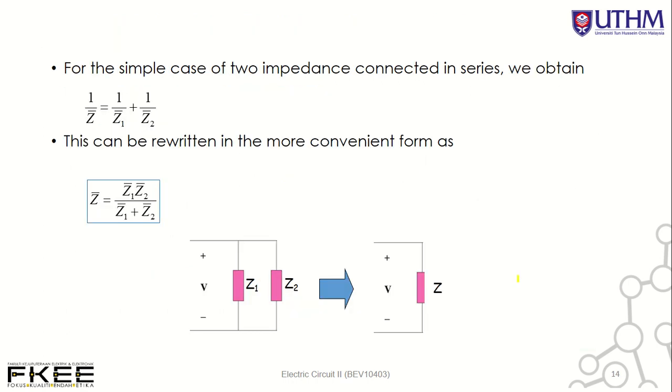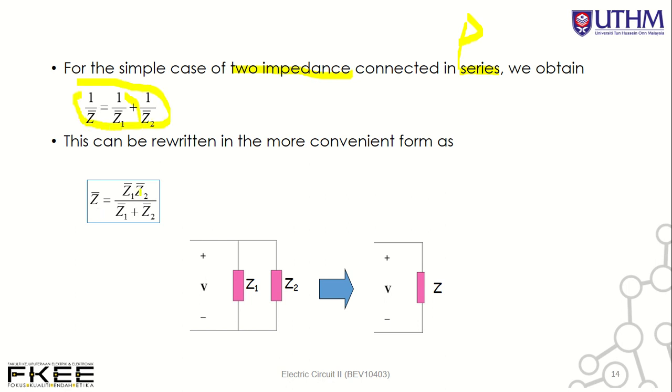Okay, so let's say we have two impedances connected in parallel. So what is the total Z? 1 over Z equivalent equals 1 over Z1 plus 1 over Z2. Or we can write Z equals Z1 times Z2 over Z1 plus Z2. You just solve this mathematical equation for Z, and then you will get this equation, Z equals